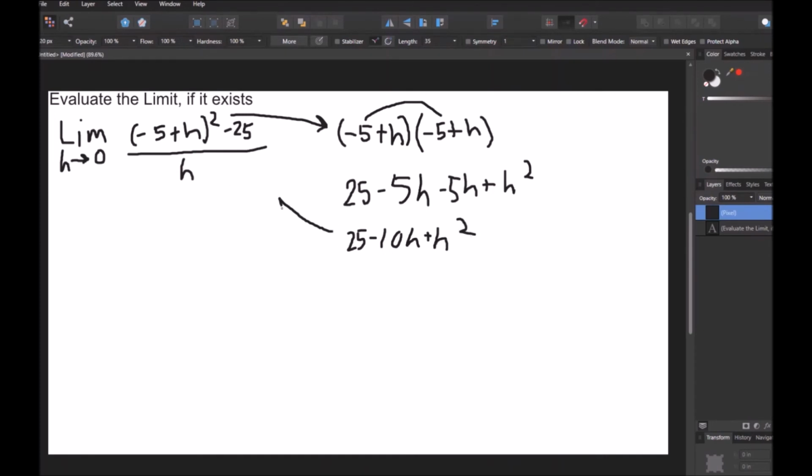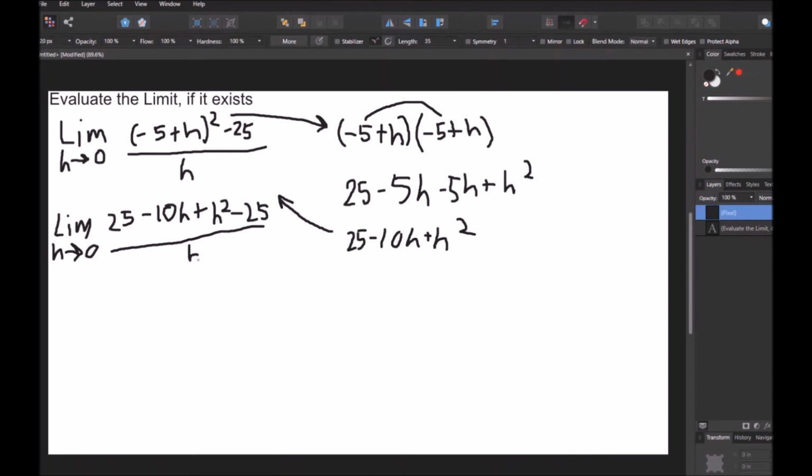Now we can write that back over here as the limit as h approaches 0 of 25 minus 10h plus h squared minus 25